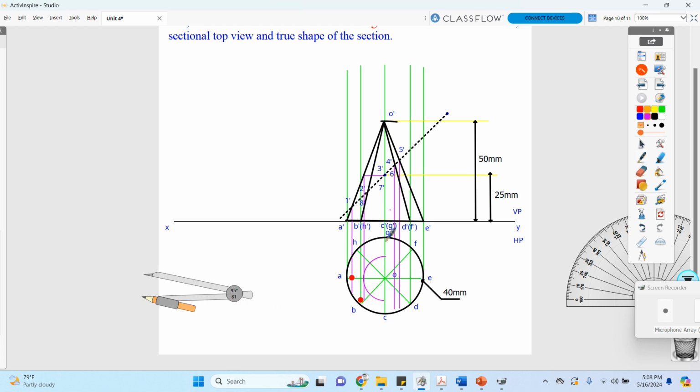Okay, now your third point will be over here, then your fourth point will be over here, then the fifth point, then the sixth point, then the seventh point, then your eighth point is over here, sorry, maybe over here, this is your eighth point. Okay, so if you just connect all the lines you can find the cut section part. That means